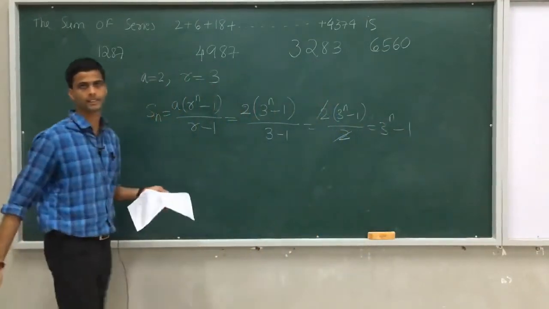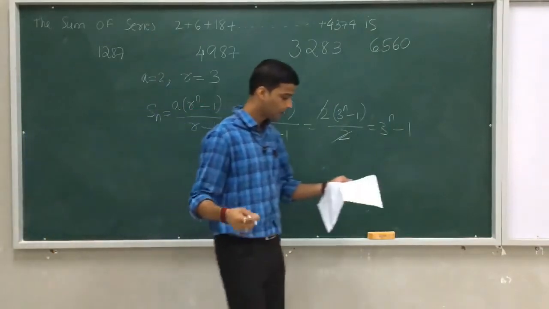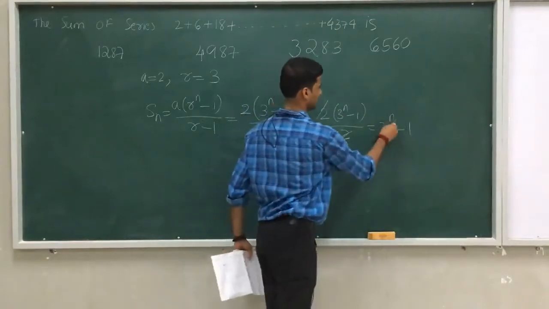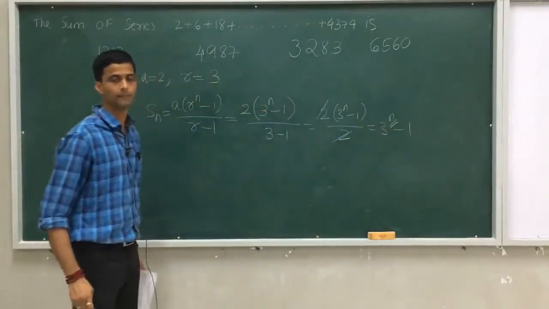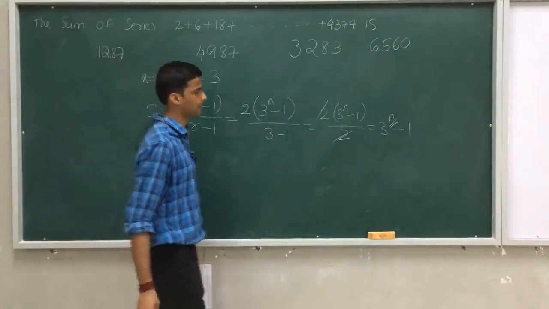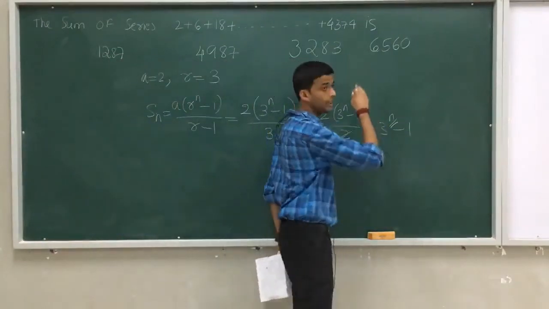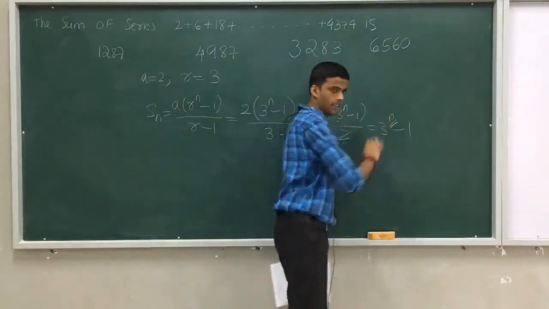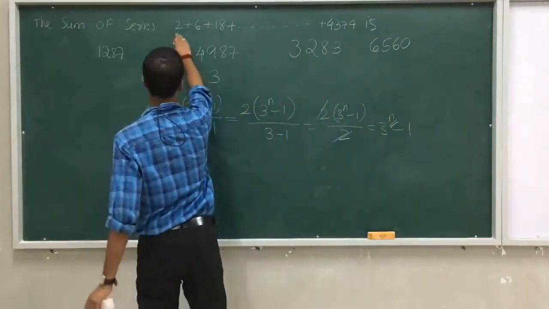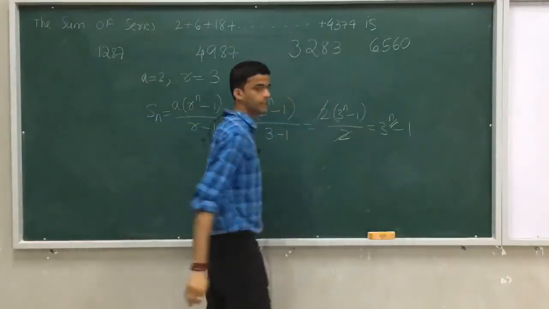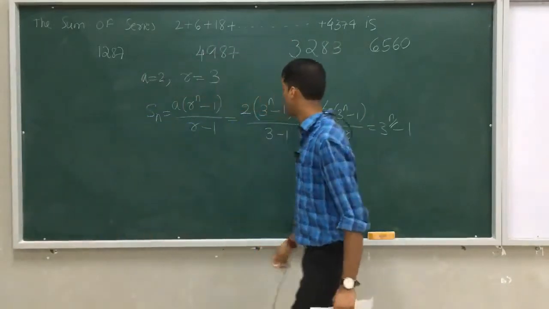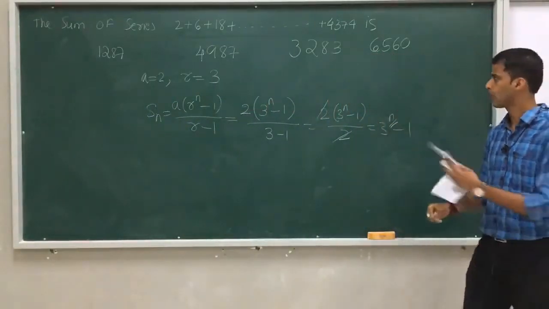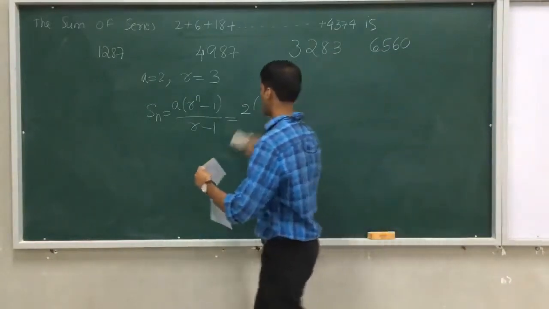What can I do with this? I am helpless in this. I am ending with this much. I can't do anything, because they are in search of the sum of this series, but I don't know what n is here. They restricted this series to 4374 only. So what will I do with this problem? I want the exact sum, I don't want it in terms of n. To avoid this, we'll do something like this.